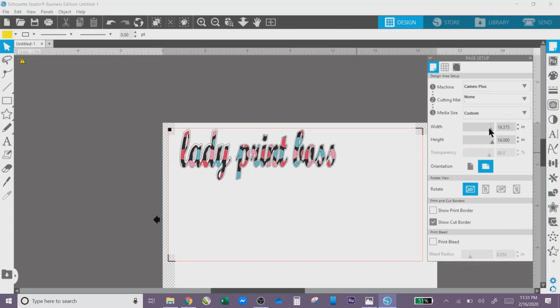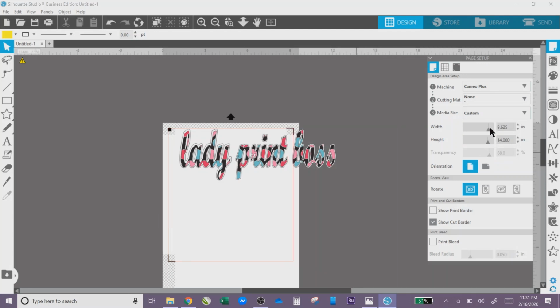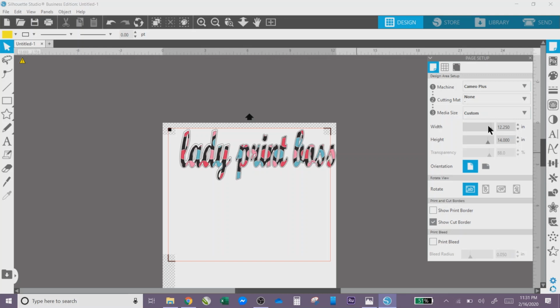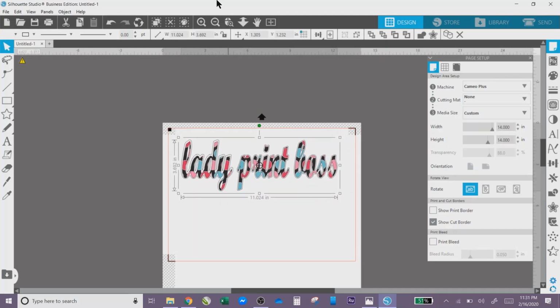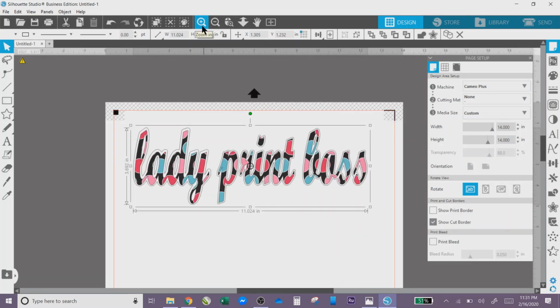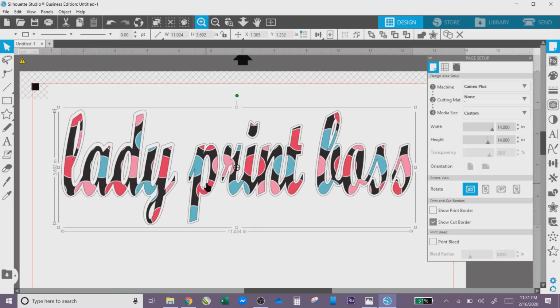I just don't know how I'm getting that to go that wide. Okay, there we go. I want this to be 14 inches. Okay. So normally you probably only need this to be about 9, 10 inches tops. Once you print this out, it would print on your sheet of paper with the registration marks. Then you would put this sheet into your cutter,